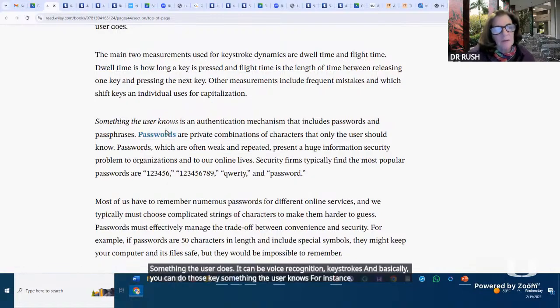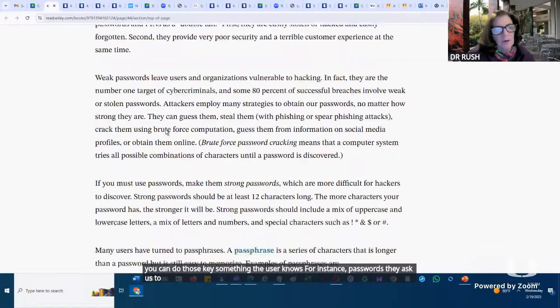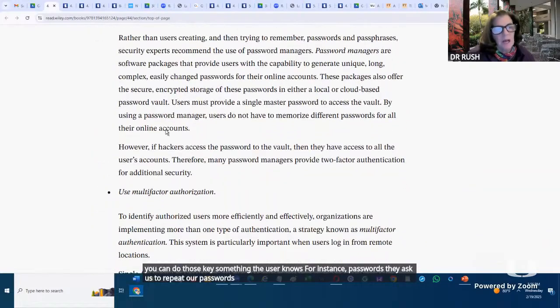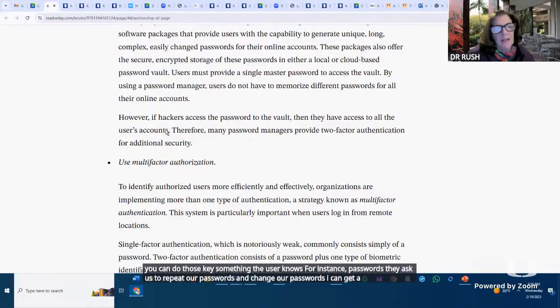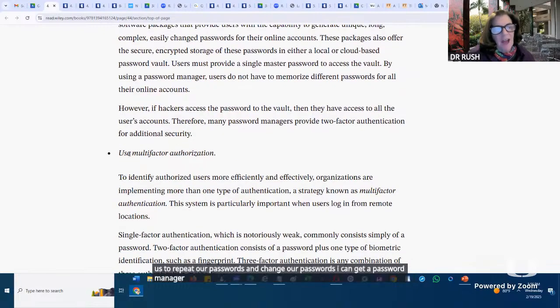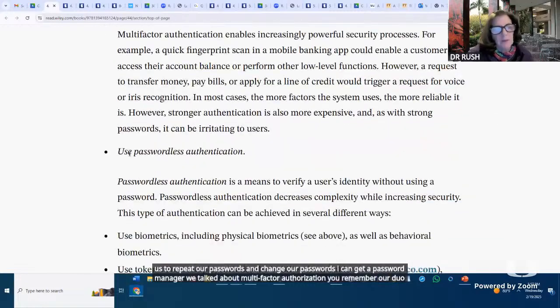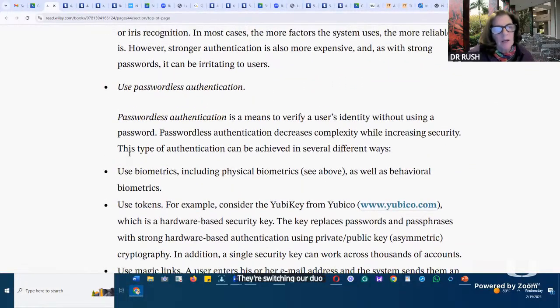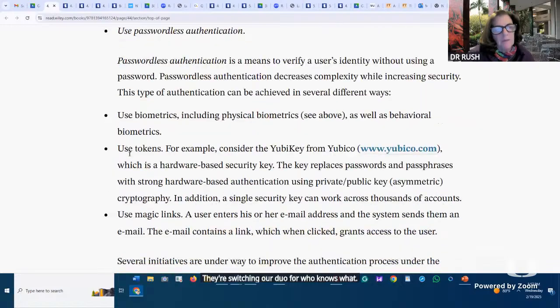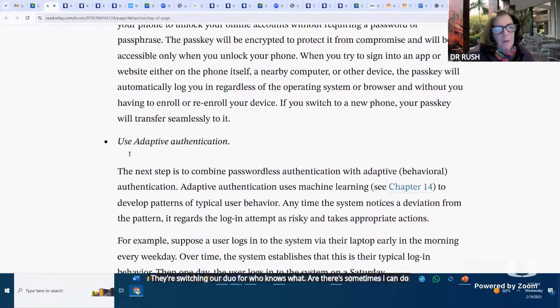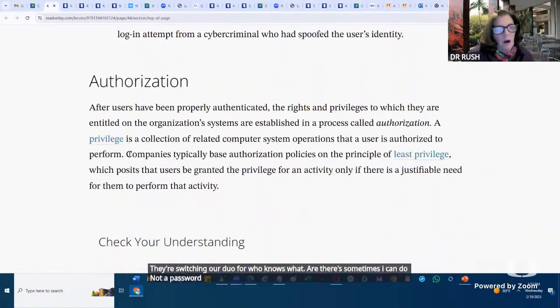They ask us to repeat our passwords and change our passwords. I can get a password manager. We talked about multi-factor authorization. Remember our Duo? They're switching our Duo for who knows what. Sometimes I can do not a password, I can do authorization.